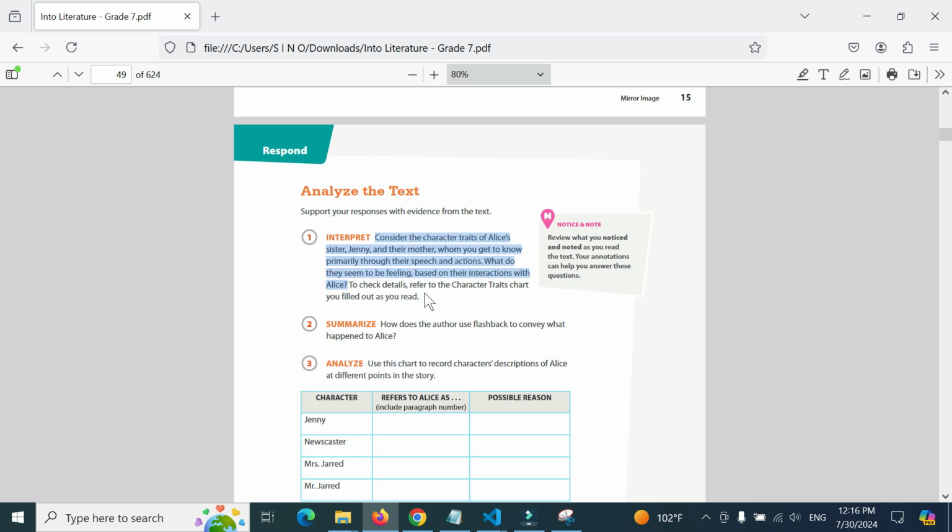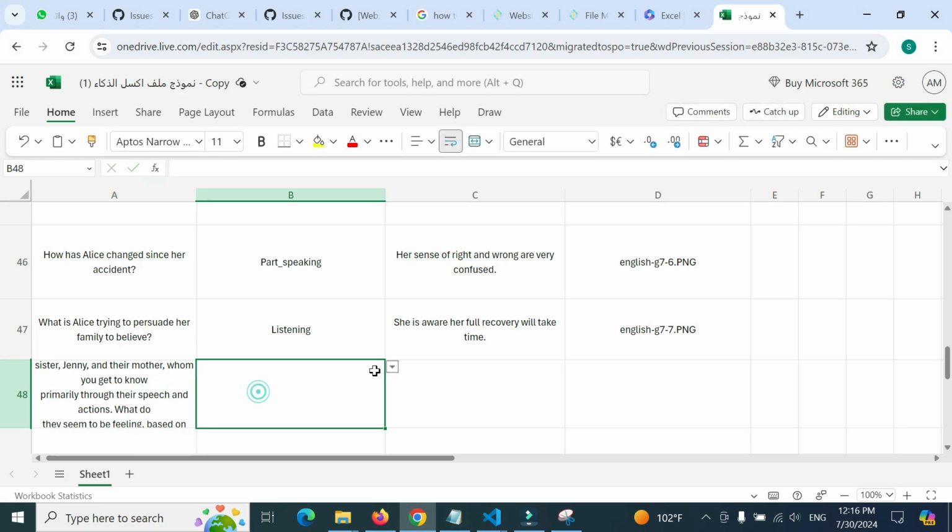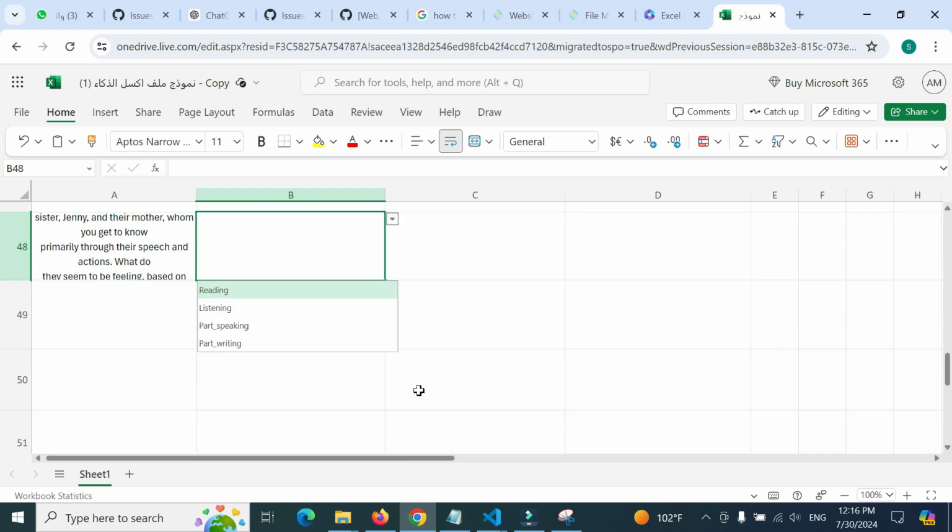To check details, refer to the character traits chart you filled out. Summarize. How does the author use the flashback to convey what happens to Alice? So I believe this is a question. Okay, let's be honest here. I'm not the teacher of this subject, but I'm just showing how we could actually transform any part of the book to